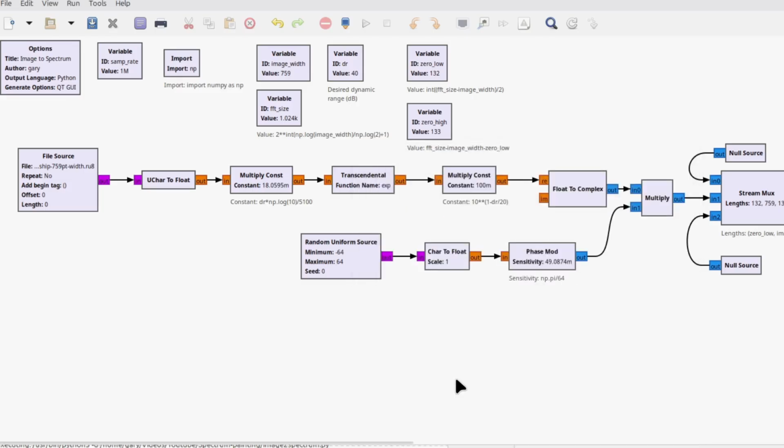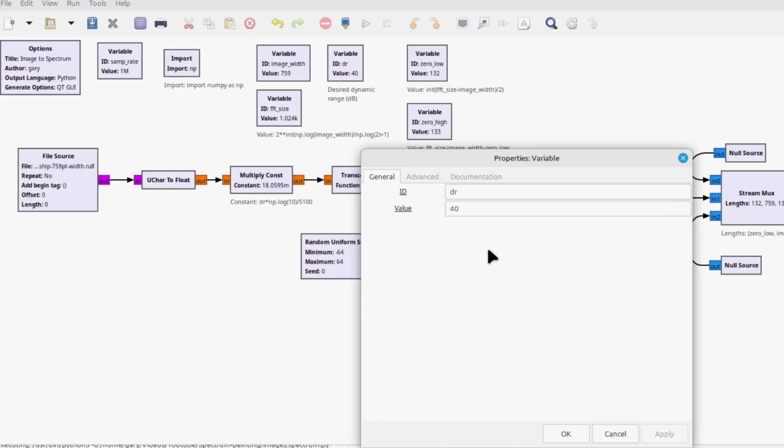The second thing that you might want to do is set this value. This is the dynamic range that I'm having it set for in decibels. So I'm saying 40 dB. Most of the people watching this probably don't have really high-end transmit capable SDRs. If you're using a HackRF One or HackRF Pro, which only have 8-bit quantizers, you'll probably want to leave this at 40 dB. If you have, say, a USRP or maybe an ADALM-Pluto, you might be able to make this larger. All this affects, though, is the amount of dynamic range that the output image will have when you look at it visually.